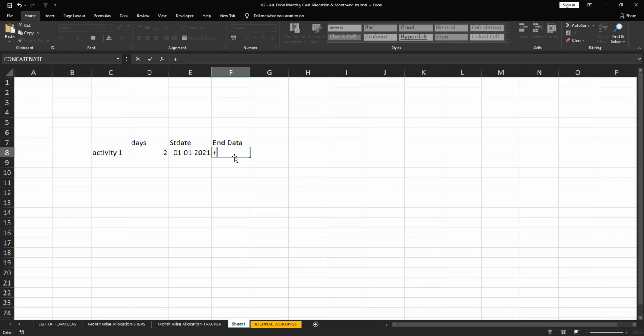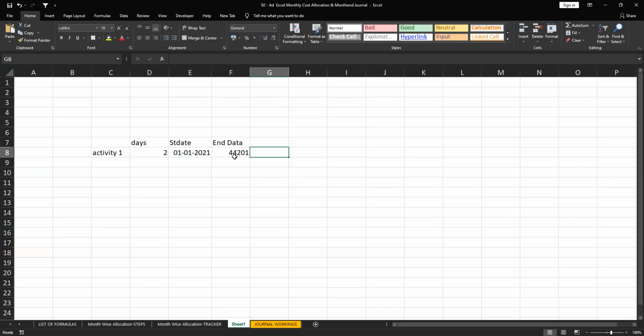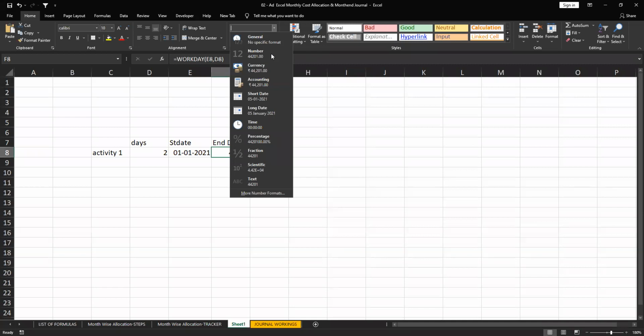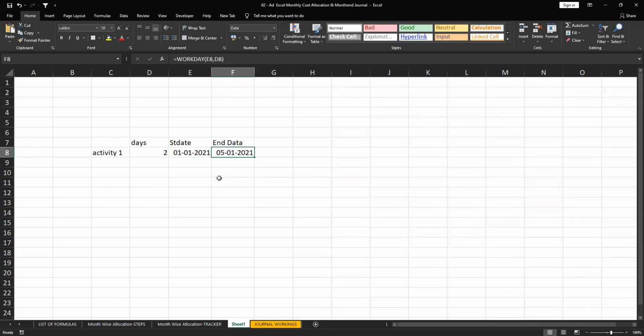How can we get the date for the 2 days here? You can use the WORKDAY formula, right? This is the start date, and I need to get the end date. So this is the date we get here. So 2 working days we need to give to complete this task. Next work day is the 5th, right?